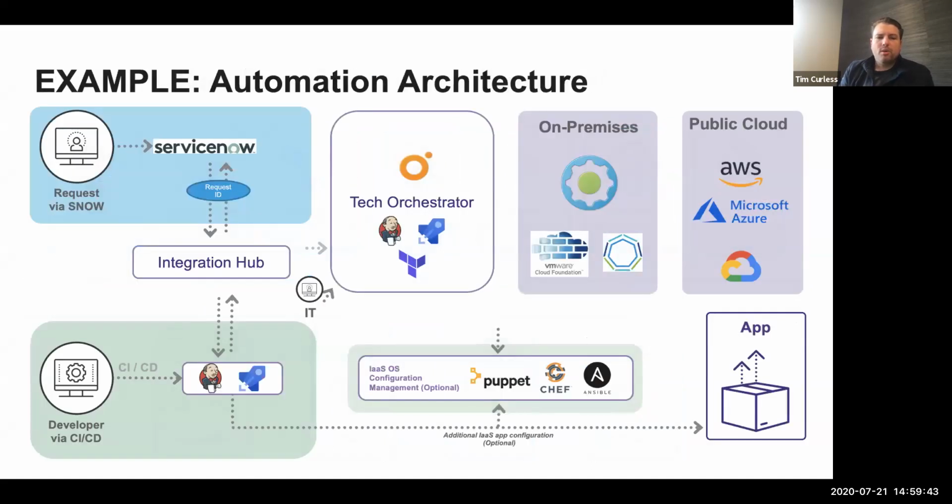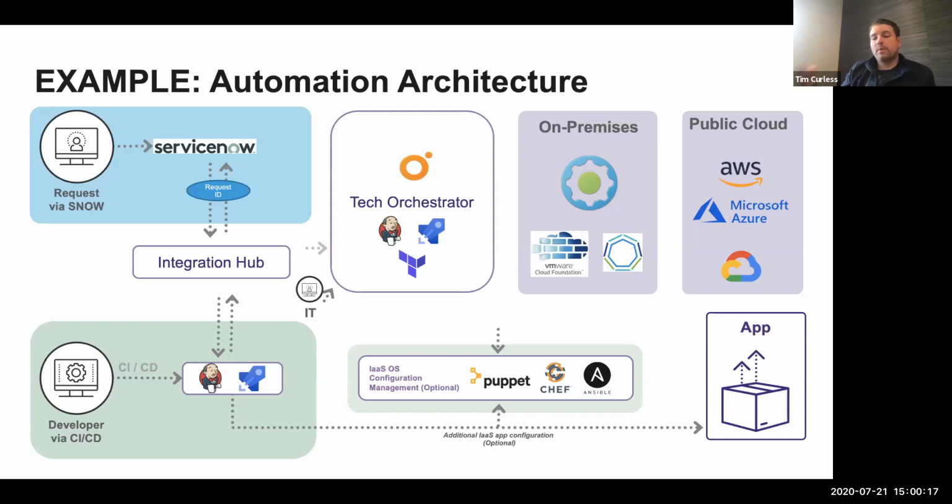So, a modern example automation architecture that we do basically starts with a request being fielded either on the top left from something like ServiceNow or a catalog, right? You can even think of that as a cloud portal. And then the bottom left being more like the developer submits code, and GitHub or whatever has a hook there that triggers a Jenkins job or an Azure DevOps job. Both of these things sort of leverage this integration hub to say, okay, I need to do something based on